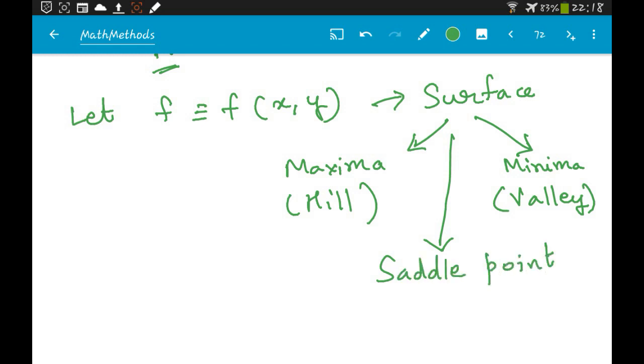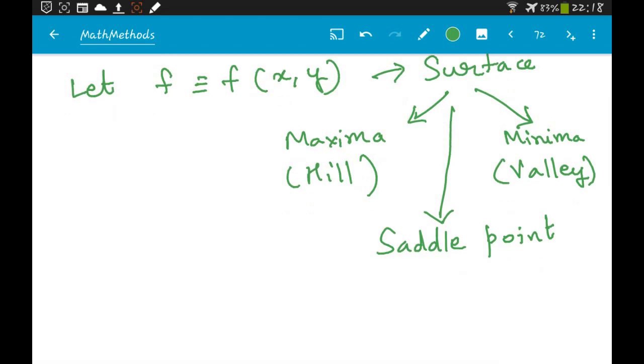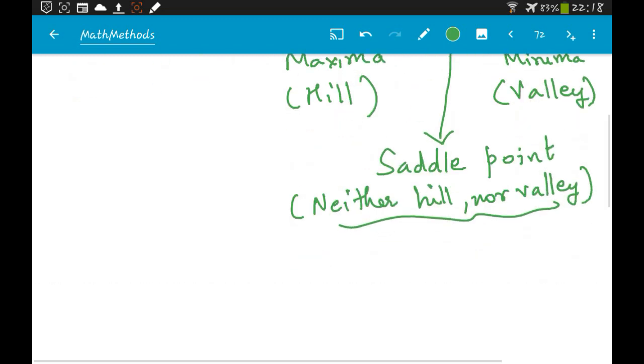So saddle point is something where it is neither a hill nor a valley. So what this means is, neither hill nor valley means that if you consider, let's say,